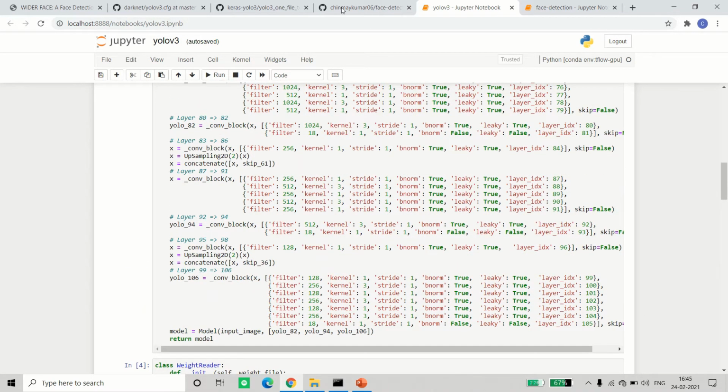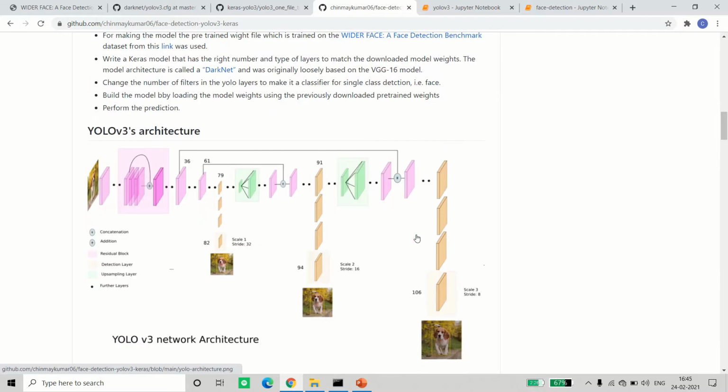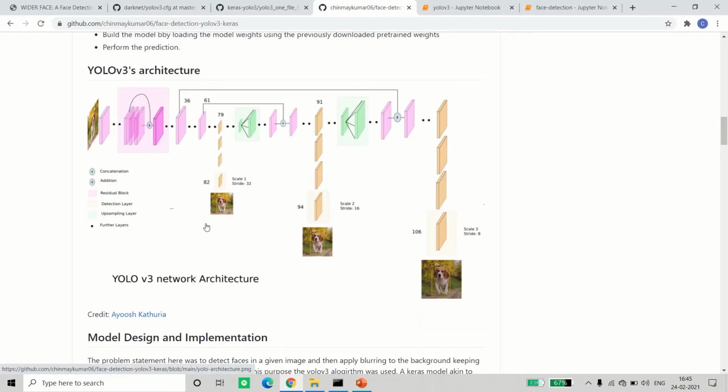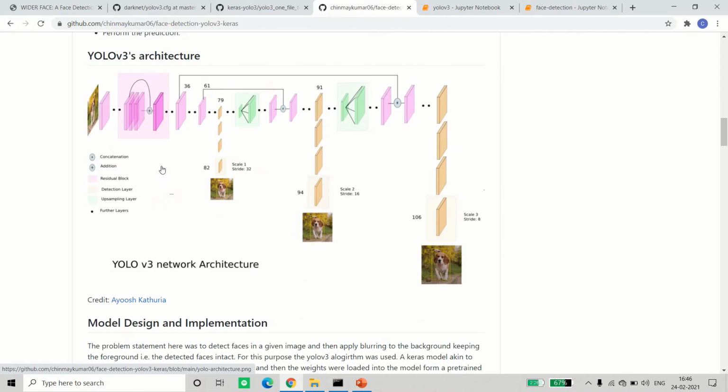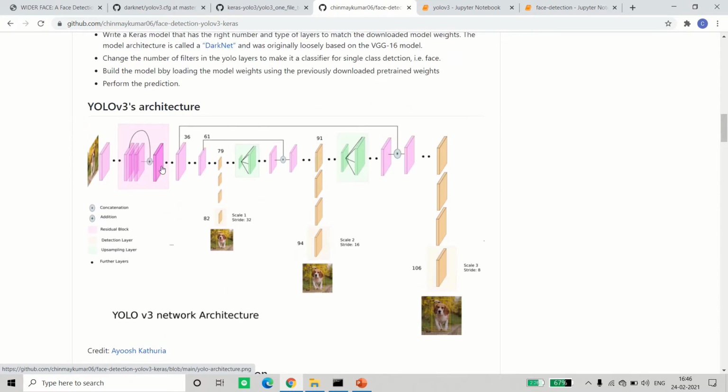Let's first take a look at the YOLO model itself. As I told, the output is taken at three places, with three different sizes. Convolutions are done on the image, and you can see the input is 416 by 416. All those specifications, what input you have to give, etc., you can get from the paper. When the first output is taken, the image is divided into a 13 by 13 grid, and for every grid cell, three anchor boxes are predicted, and the sizes of those anchor boxes are also defined in the paper.